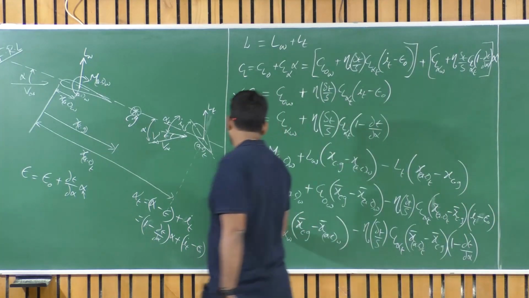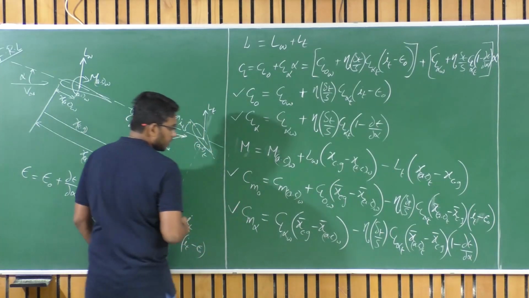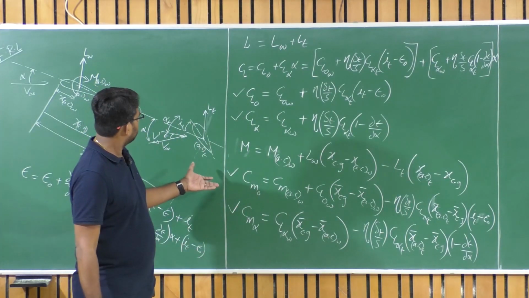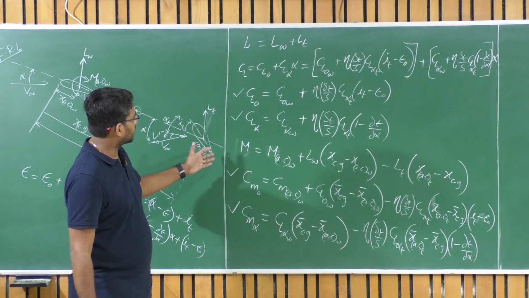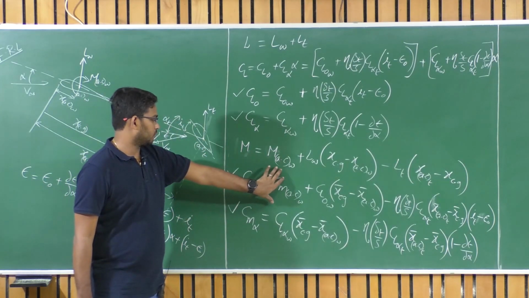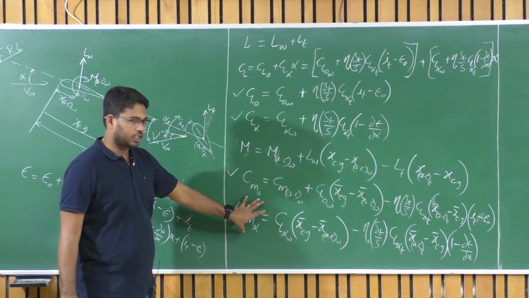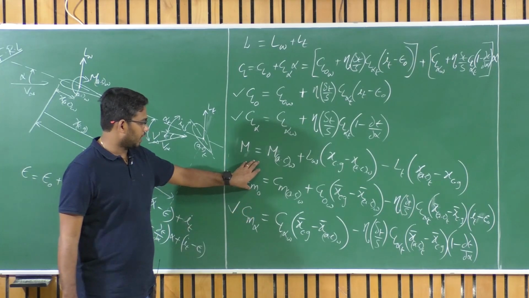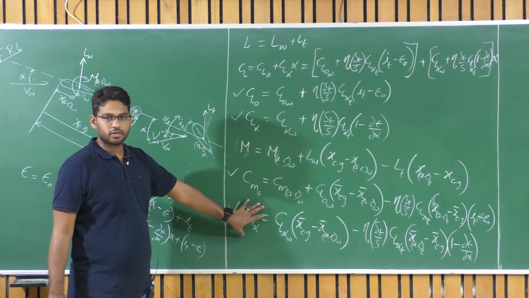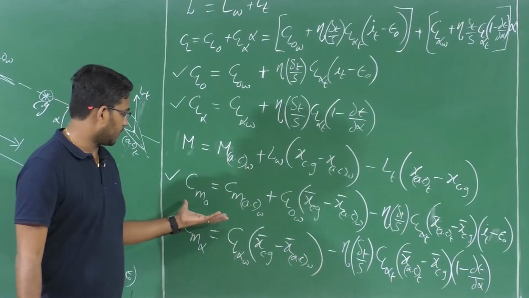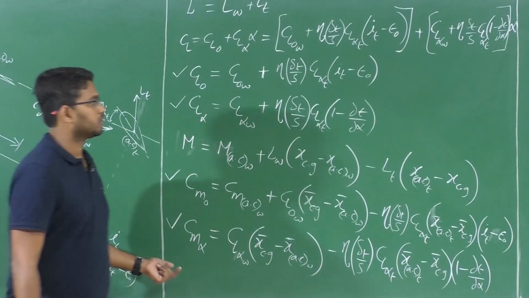So okay. So this is the total Cm naught and Cm alpha for longitudinal. In order to talk about longitudinal static stability for this UAV, we need to consider these two parameters, Cm naught and Cm alpha, and Cm naught has to be greater than 0 and Cm alpha has to be less than 0 in order to have longitudinal static stability.